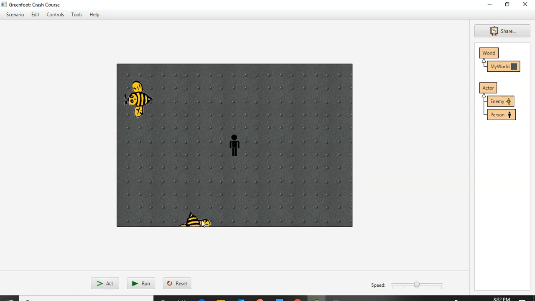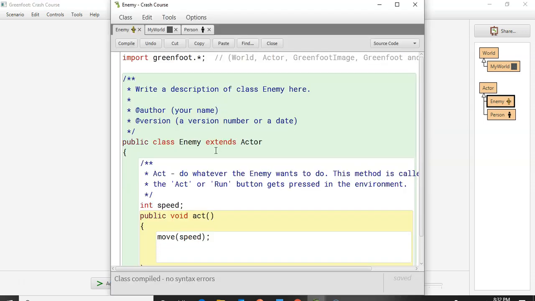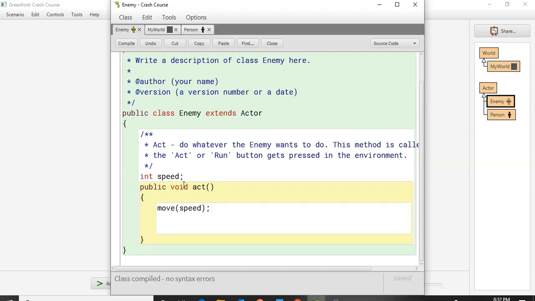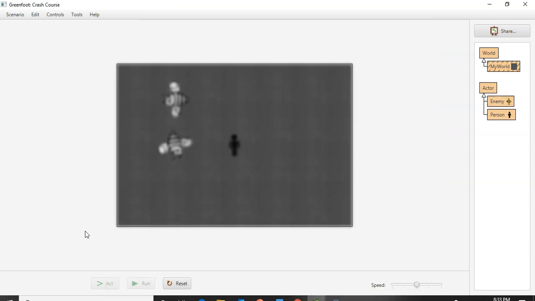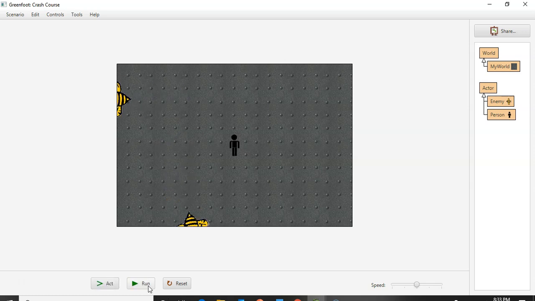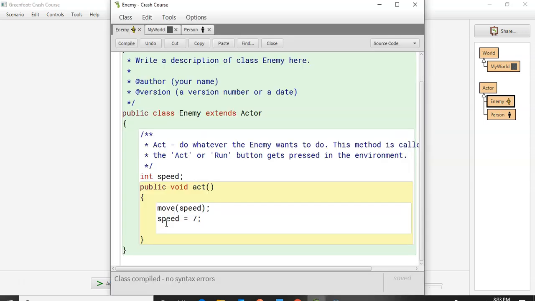Okay, and so you see this one's much faster, and they both have their different speeds. Another way you can do that is set the entire class's speeds. You could also do speed equals 7. Now let's see what that does. They both go at 7, so this speed equals 7 will trump what we've set